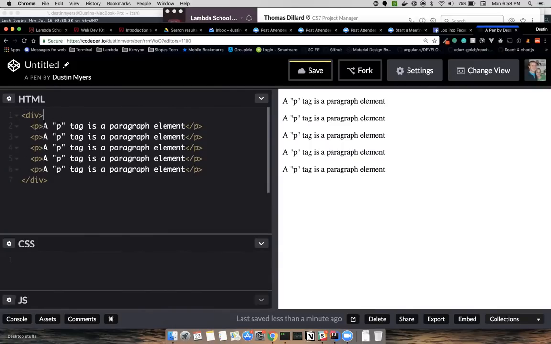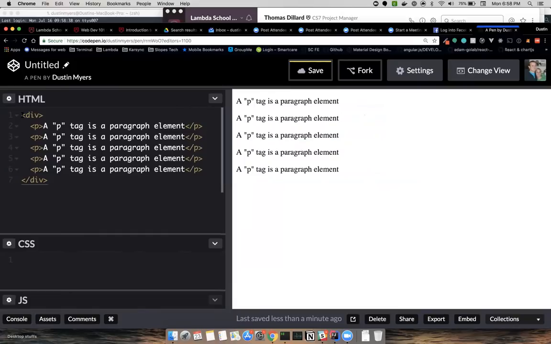So inside this div tag, we now have 5 different elements, all of which are these little paragraphs. And you can see in this awesome coding sandbox environment, it's displaying exactly what we're creating over here on the right.